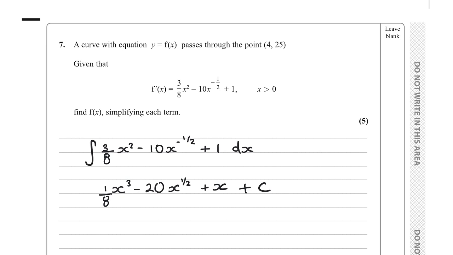So, now that we've done that, we've been given a point. So we're able to substitute this point in. We know y equals 25 when x equals 4. So everywhere there's an x, I'm going to substitute in 4. And this will allow us to find our value of c. So I'm literally going to type this into my calculator. 1 over 8 times 4 cubed minus 20 times 4 to the power of a half plus 4